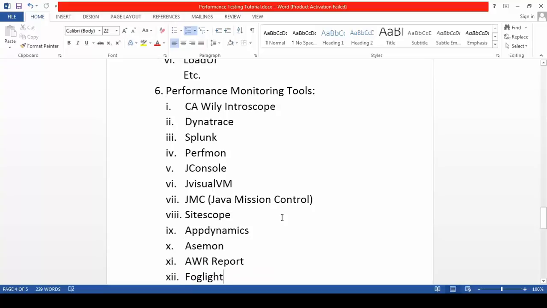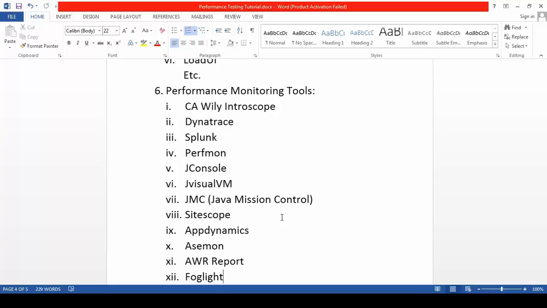And the last one is the performance monitoring tools. In the market currently, if you are working in any MNC and you are a performance tester, then obviously you have worked on most of these performance monitoring tools.